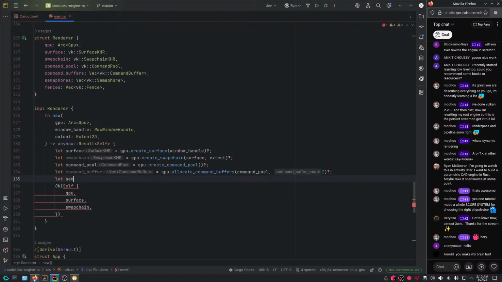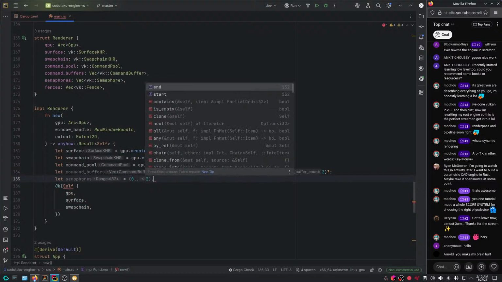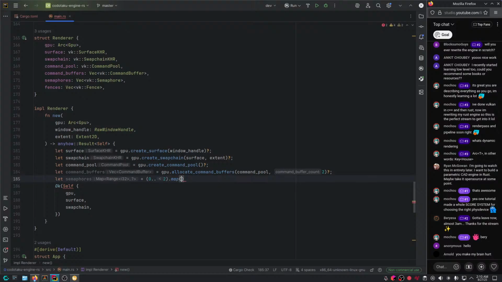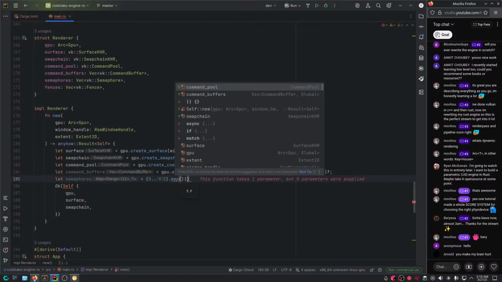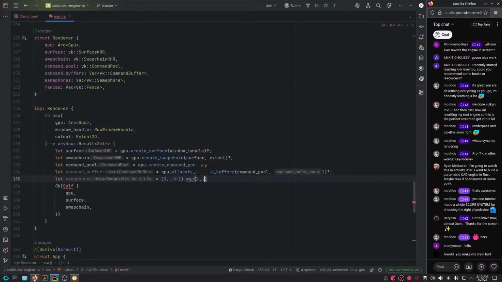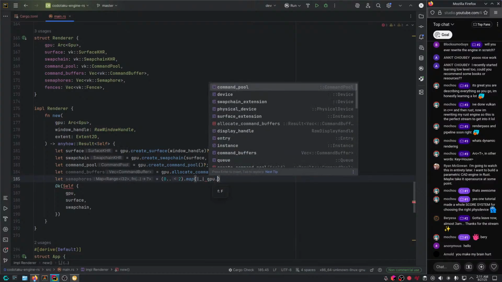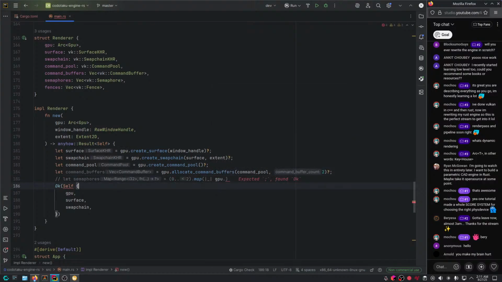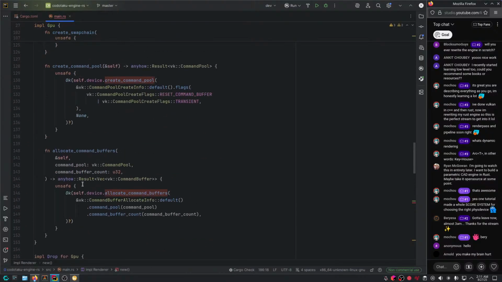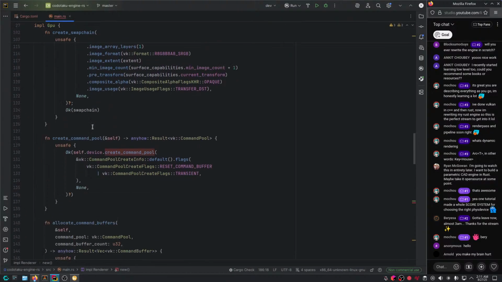We could say semaphores is equal to 0..2 dot map, and here's your index. We don't need the index here, and we're just going to say gpu.create. I haven't prepared that function yet, so let's make a create semaphore function.